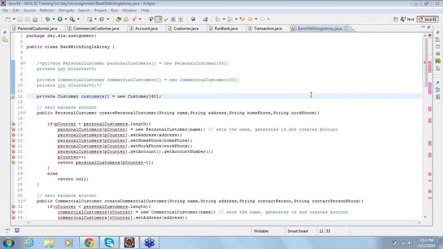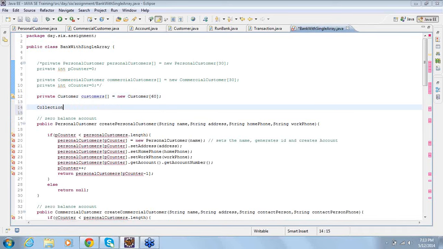Hi Arun, suppose we want to do infinity, because you told us we have to limit the array anyway, we have to give the number of how much the array will take. Suppose we want to do infinity, how will we do that? In that case, the arrays are not going to help us. We have something called the collection framework. In that collection framework, we have classes like ArrayList, and we have something like a Set, and there is no restriction on the number of elements we store in them. When we discuss the collection framework, I'm going to talk about them in detail, and it is a very important topic too.